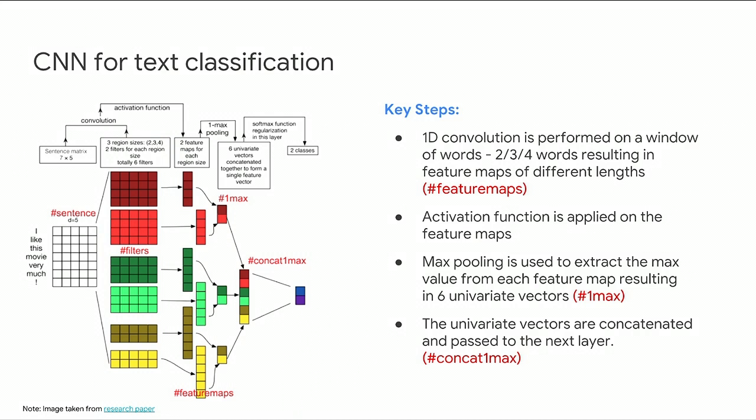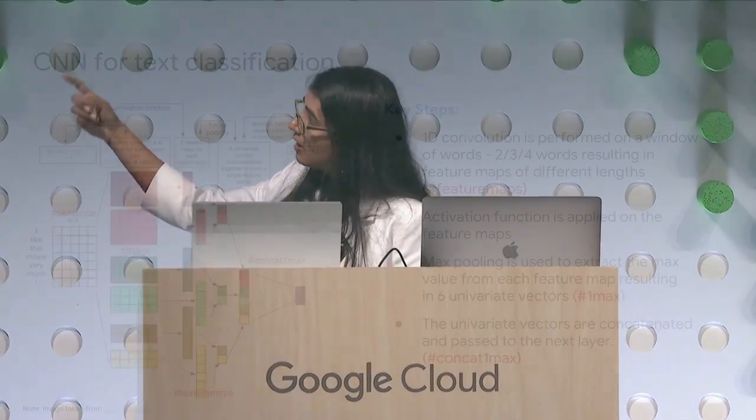These filters will do the convolution operation on the sentence. One way of thinking about this convolution operation is, a filter of 2 words will look at 2 adjacent words, 3 words will look at 3 words, and then 4 would look at 4. And so this is kind of like a bag of words. So the neural network is trying to look at adjacent words and trying to extract meaning from the sentence. And then it creates these feature maps, which are these 1-dimensional vectors that have summarized everything. And you can see them as different vectors of different